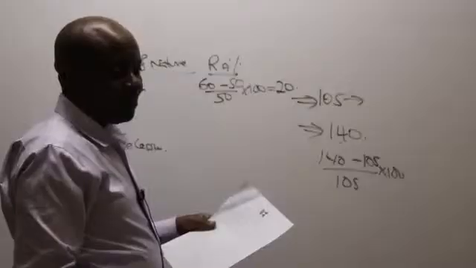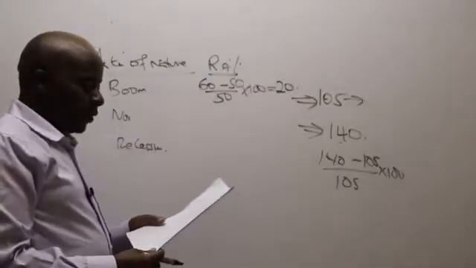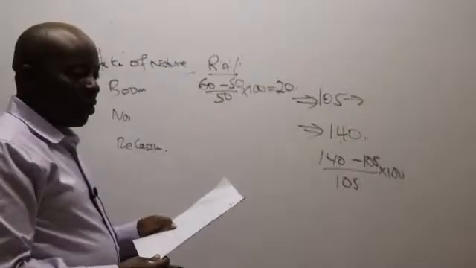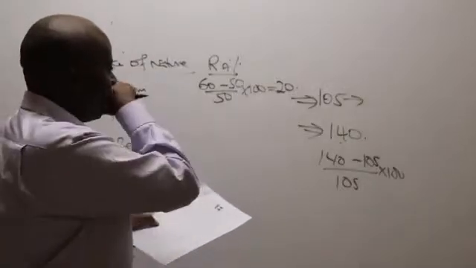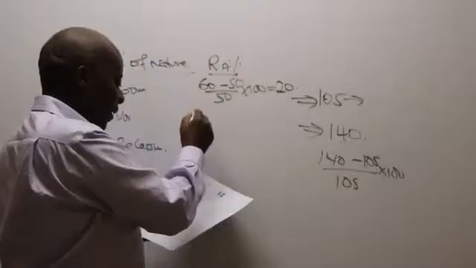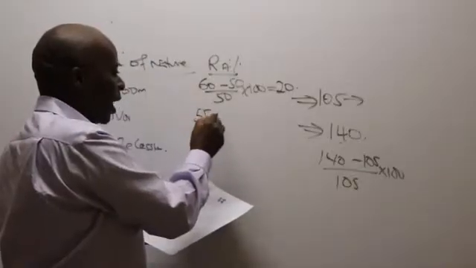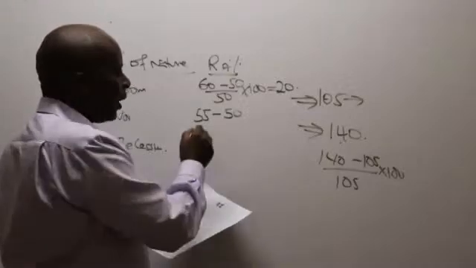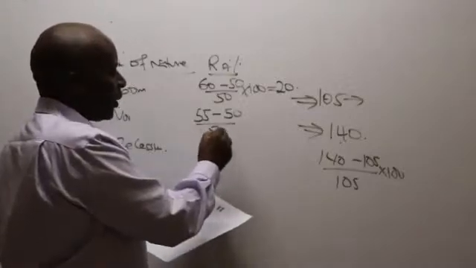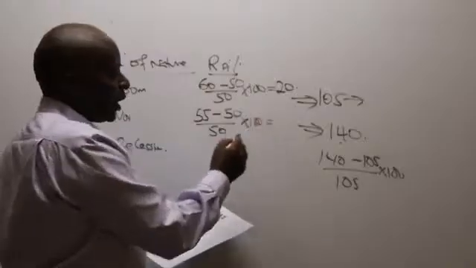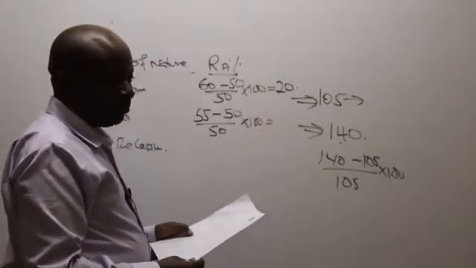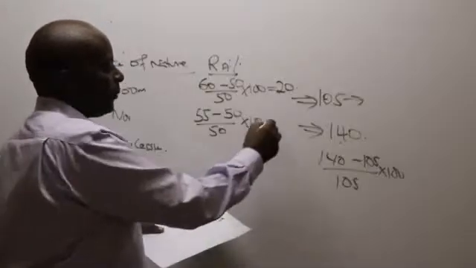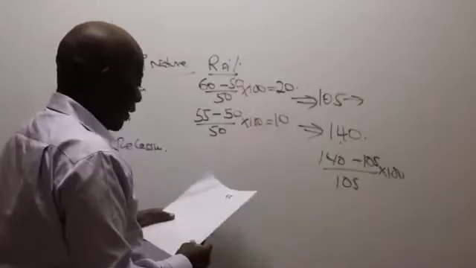What if in this case here for A, the state is normal? If it's normal state, the new price there will be 55. Our old price for A doesn't change, 50, divided by the old price of A, which is 50, times 100. Could you kindly give me a figure there? 10.